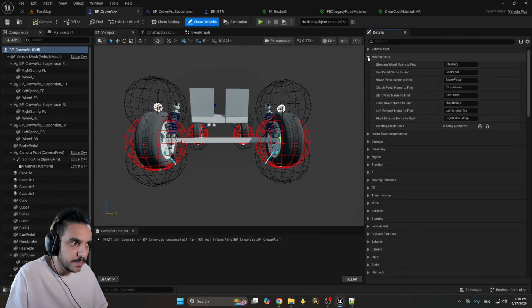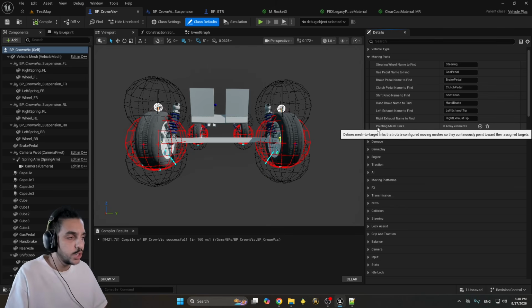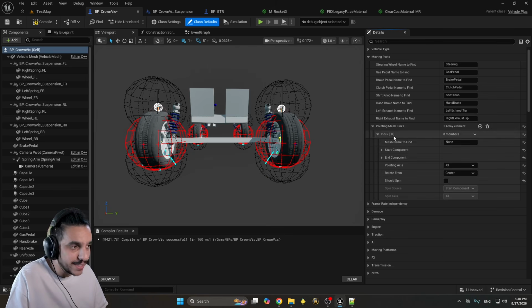Yes, this moving parts. Inside the moving parts, there is something called pointing mesh links. So these are linkers. I'm gonna add one link and see what happens. This is where the magic happens. I'm gonna say the first one is gonna be called